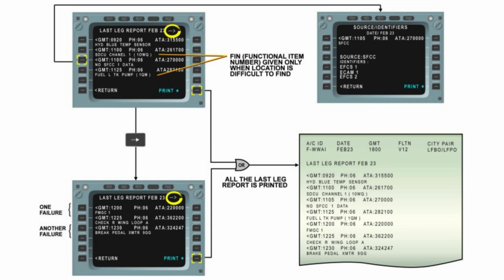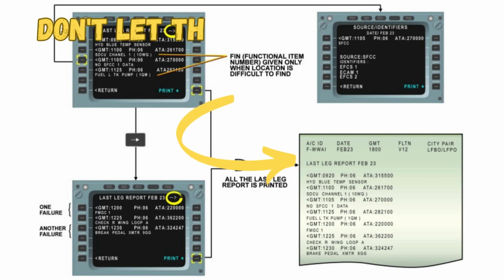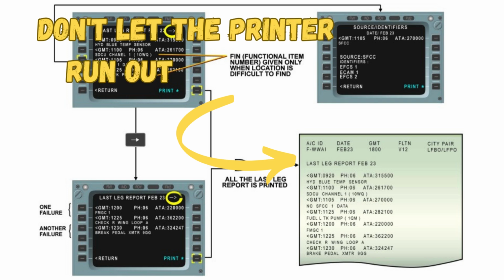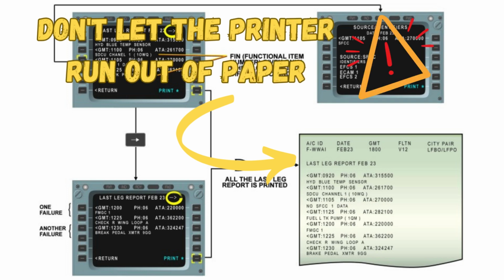The last leg report shows failure information delivered by the built-in test equipments, BITEs, of the aircraft systems. It can store up to 40 failures occurred during the last leg. The Source and Identifiers page shows the list of systems affected by the source failure, which is an external failure for them. When you select the print line key, all the last leg report is printed, even if it contains